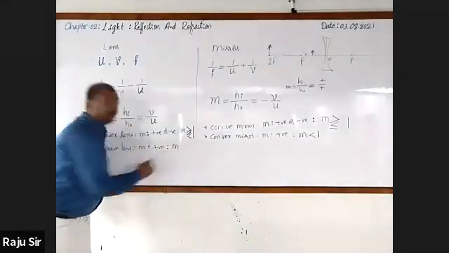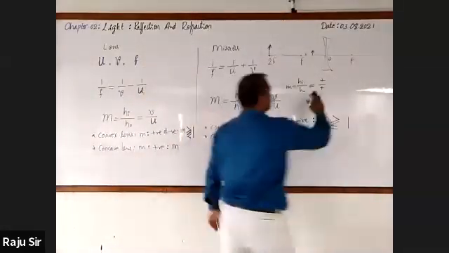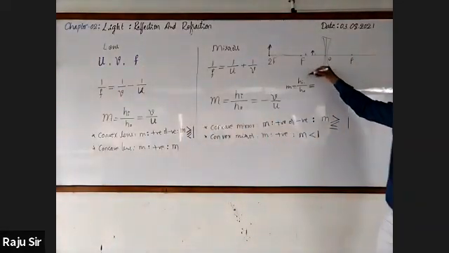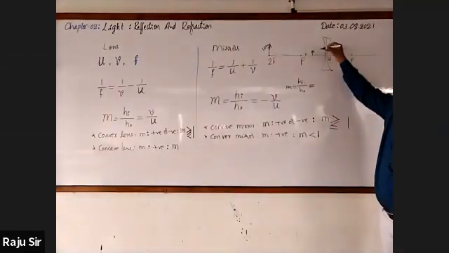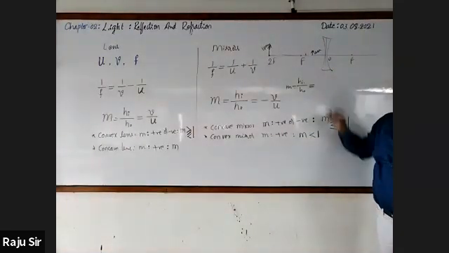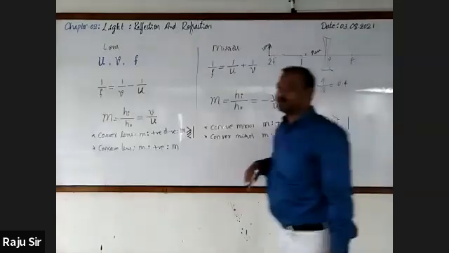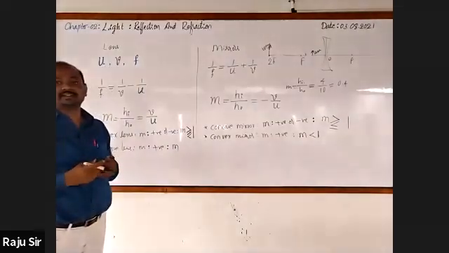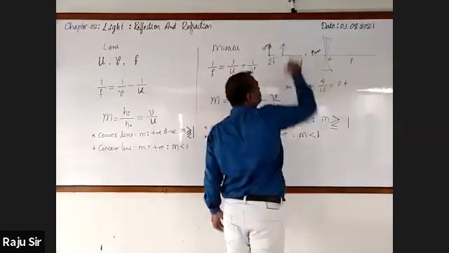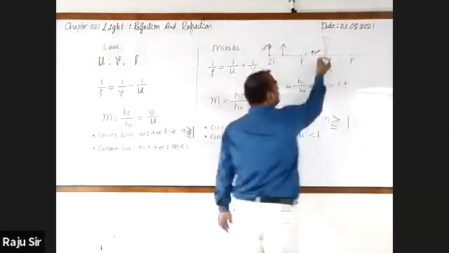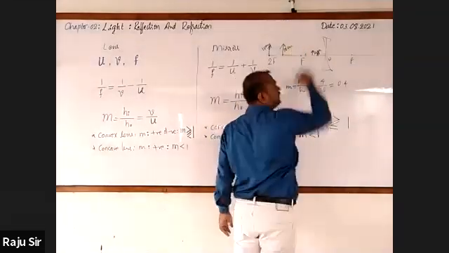Next, let us come to know the value. Height of the object is 10 centimeter. Height of the image is less than 10, around 4 centimeter. So it is 4 by 10, 0.4. Less than 1, equal to 1, or greater than 1? Less than 1. Always less than 1. You may place the object here also, then the image is found here, right? Less than 1.